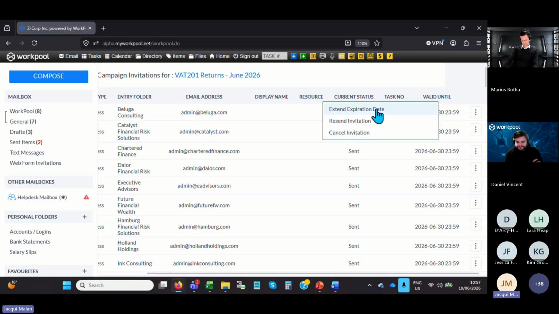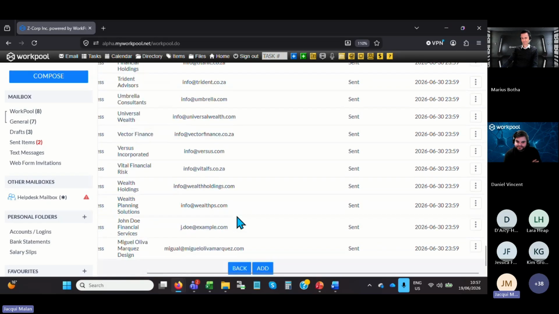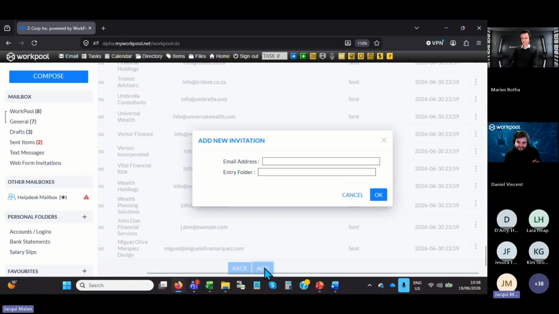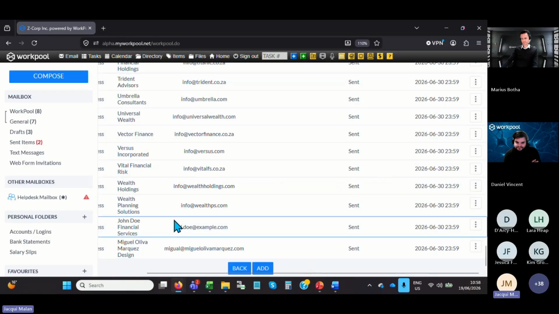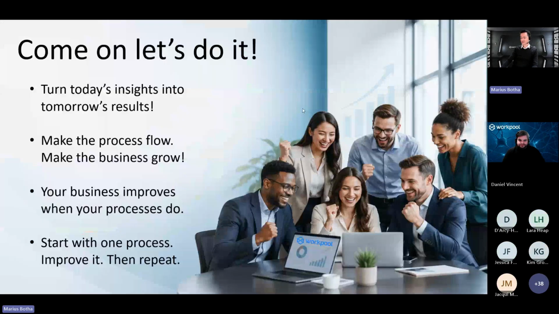Maybe your client's gotten back to you and told you, sorry, he's got a delay. He won't be able to do this until next month. You can resend that invitation. You can cancel the invitation if a client sends it manually and isn't going to do it. You can also, if you missed anybody, right at the bottom, add a new email address and the entry folder, and it will send the web form to them. I think I just wanted to add that